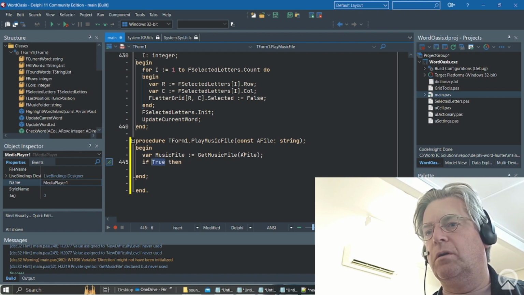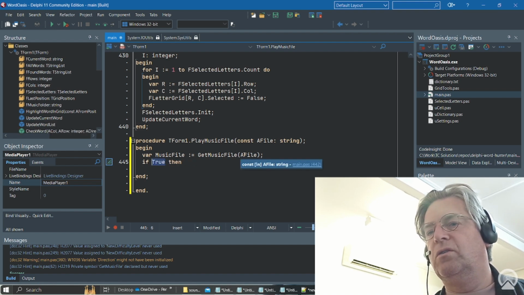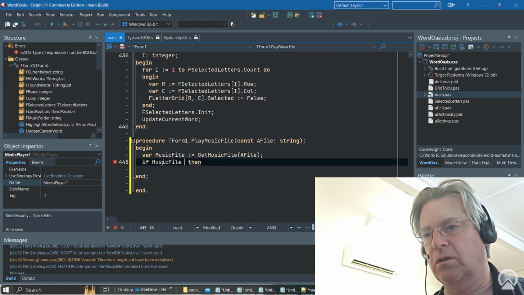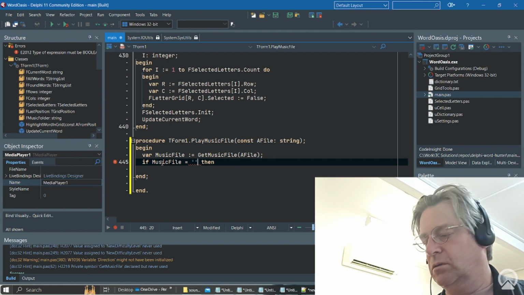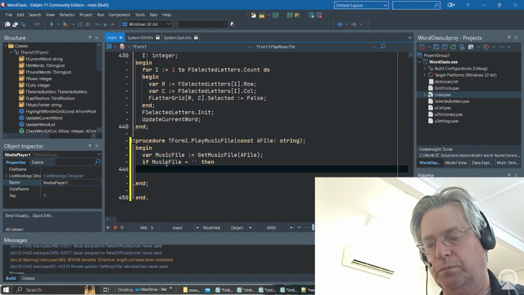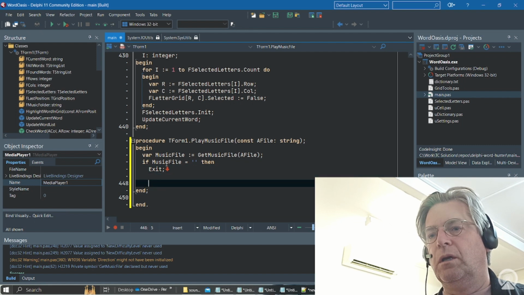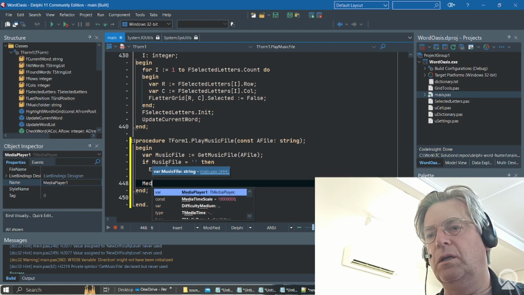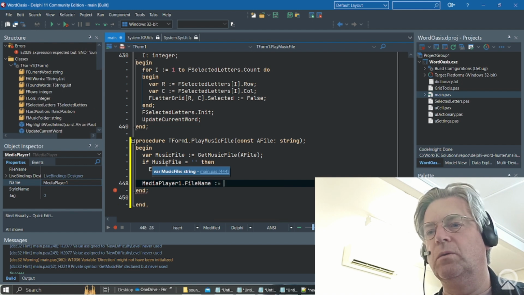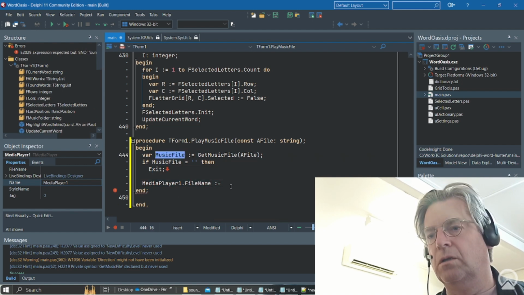If, and we already checked if file exists, so if MusicFile does, let's do equals, exit, and here we can say MediaPlayer1.FileName equals MusicFile,